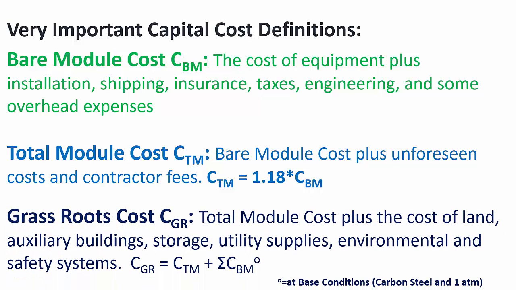The grassroots cost builds on the total module cost. It is the total module cost plus the cost of land, auxiliary buildings, storage, utility supplies, environmental and safety systems, and you use the total module cost and the bare module cost at base conditions to calculate it. So grassroots cost essentially involves everything. It involves purchasing land, it involves developing the land,